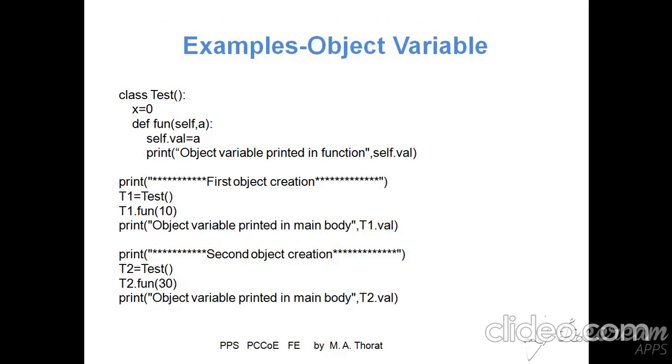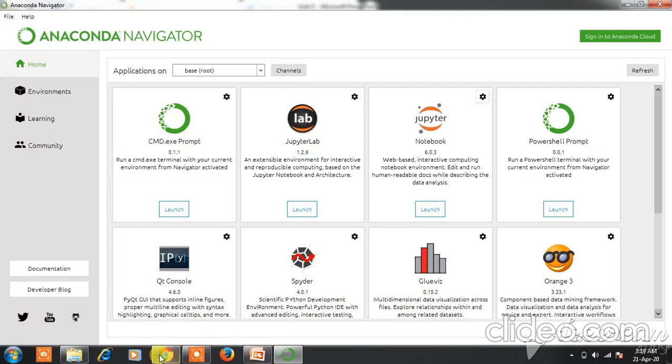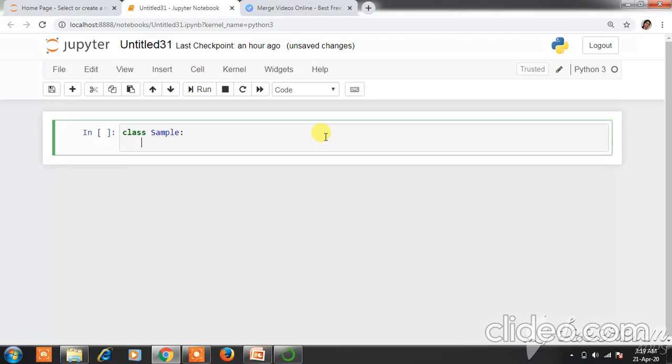Before moving ahead, we'll discuss one demonstration of code, how to access those class and object variables. We'll see the class definition, class Sample. Then x equal to 0.